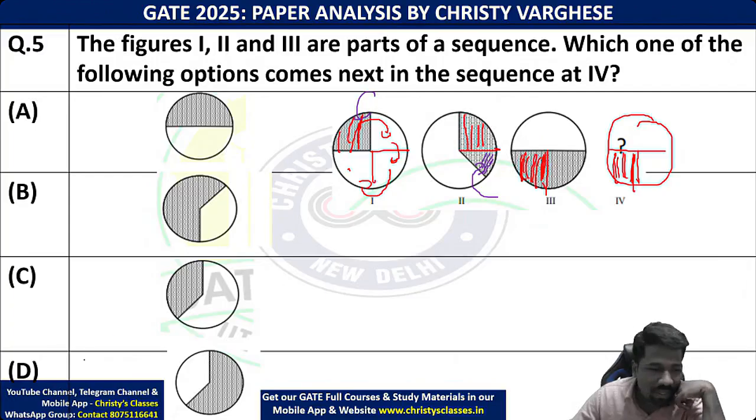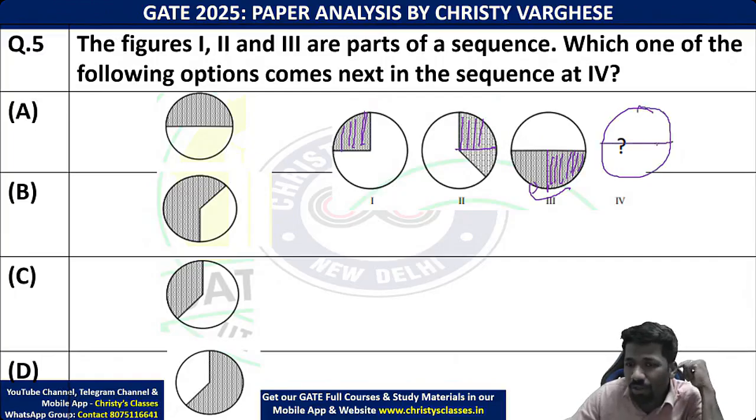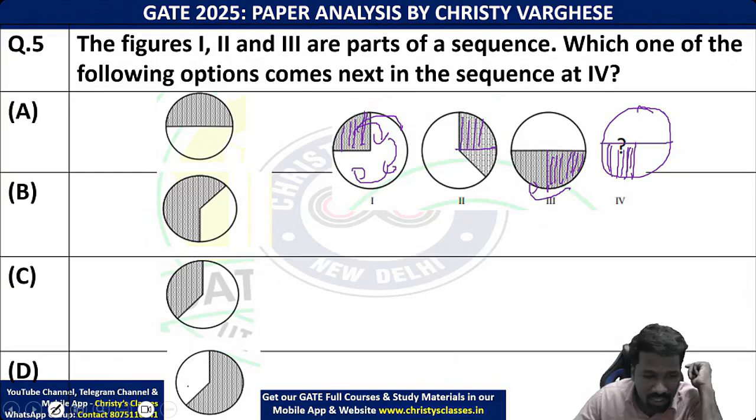One second. When I draw the picture, I made a mistake. This is the quarter circle. Second quarter circle is this. Third quarter circle, this is the quarter circle. Uska extension yaha hai. When I drew it first, I drew it wrong. So, ye clockwise rotate kar raha hai na, from here to here, here to here, so here to here. So, in the fourth picture, here confirm a quarter circle hona chahiye.